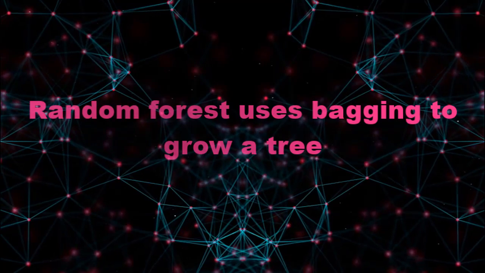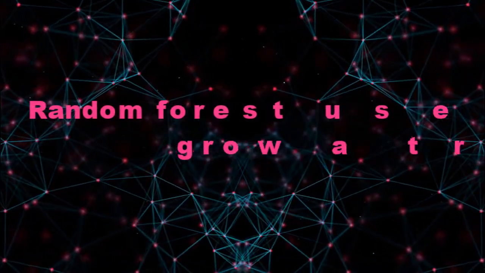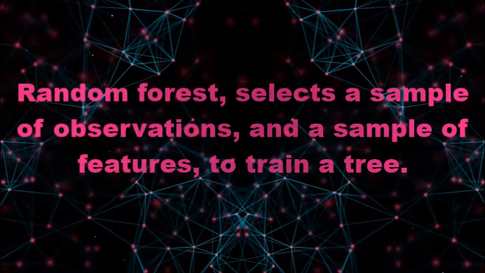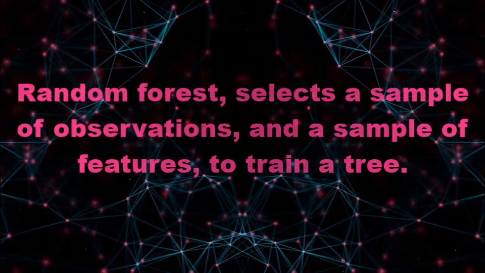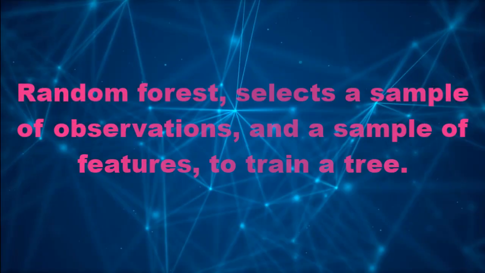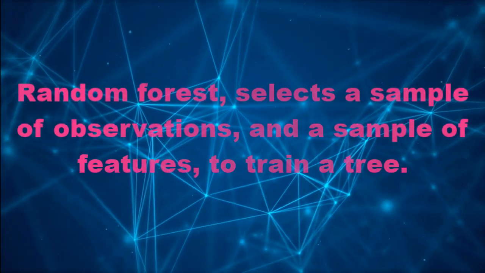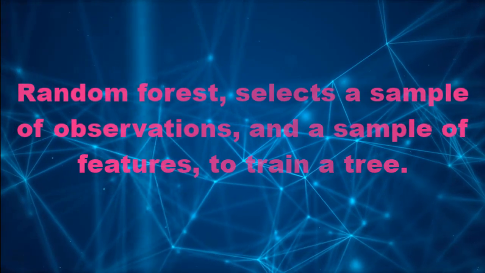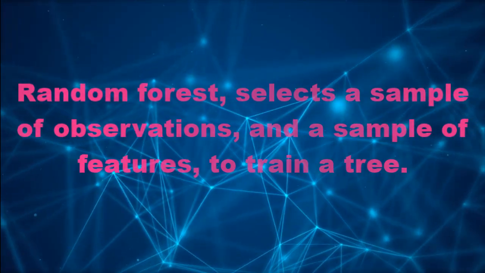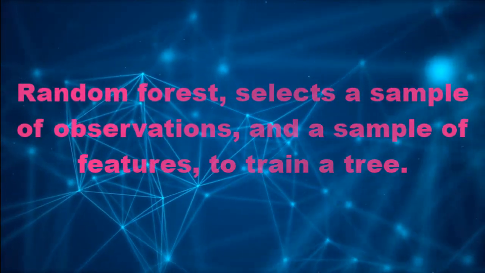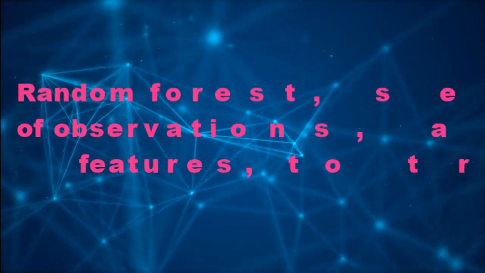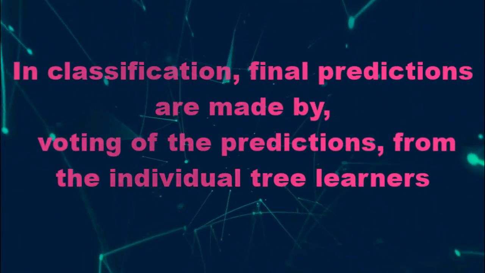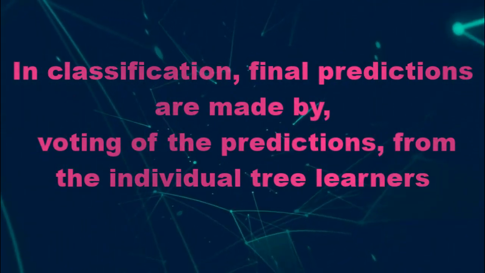Random forest selects a sample of observations and a sample of features rather than all of them to train a tree. If the number of observations is large but the number of trees is too small, then some observations will be predicted only once or even not at all. On the other hand, if the number of features is large but the number of trees is too small, then some features can be missed. Both cases result in the decrease of random forest predictive power.